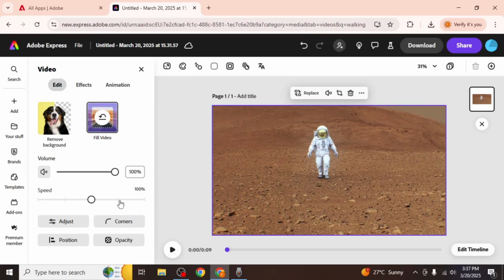If I speed up this video slightly, the duration will decrease accordingly, and when I play it, the video will be at a higher speed. Now, if I increase the speed to the maximum level and play the video, you can see that it is playing much faster. If you want to speed up only a specific part of a video, here's how you can